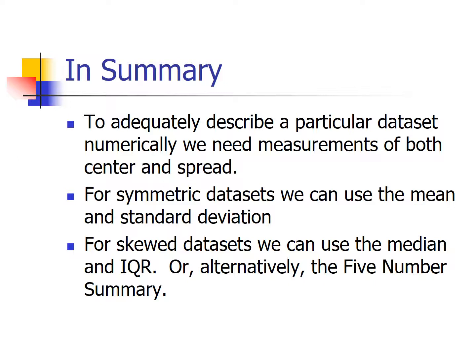Now, if it's a skewed distribution, well, as we've seen, the mean is inappropriate. The mean will give a distorted picture of average. So we're forced to use the next best measurement of average. We're forced to use that median. And what we do in addition to that is we pair it up with the interquartile range. The interquartile range, it pairs with the median as beautifully as a Pinot Grigio pairs with a seafood tostada.